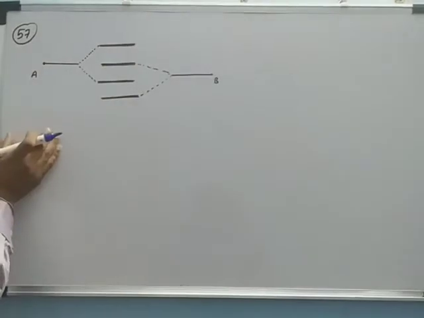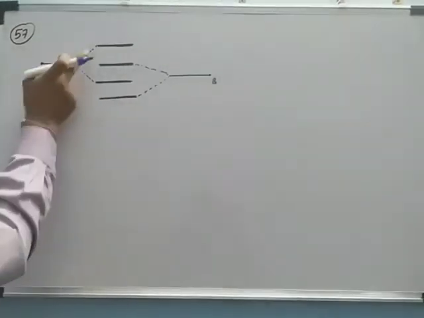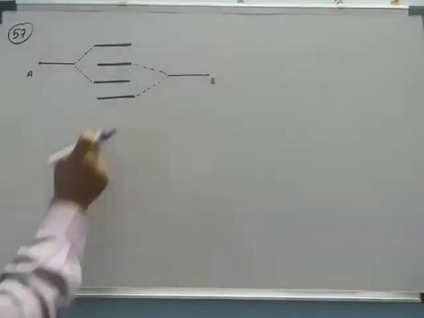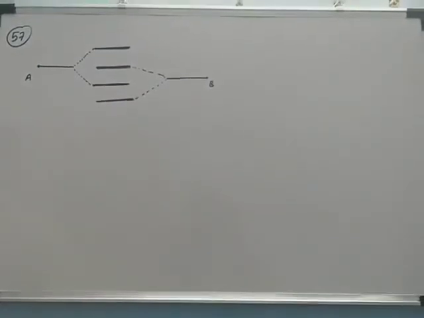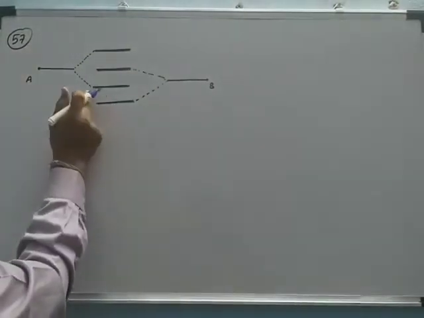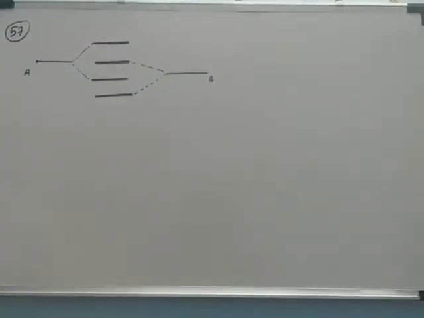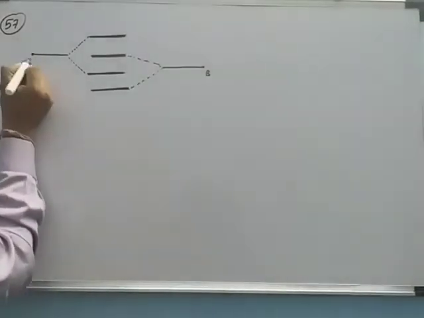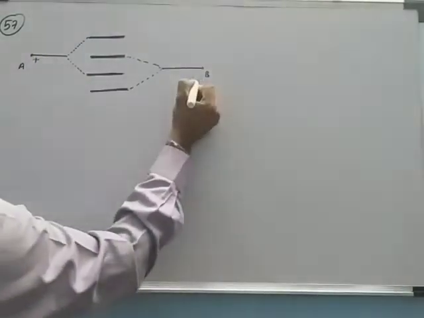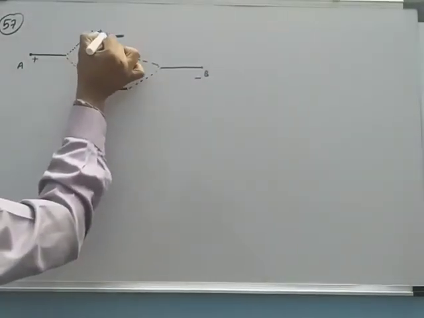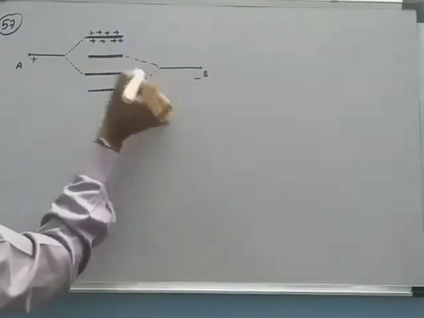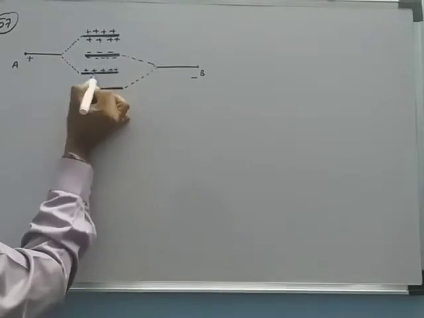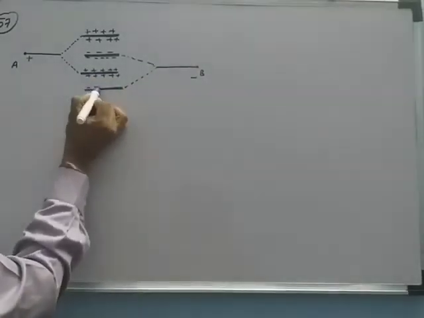See, now next we are discussing question number 57. Four plates, this is 1, 2, 3, 4 plates of the same area of cross section, are joined as shown in the figure. The distance between each plate is D. The equivalent capacity across A and B will be. A and B, for example, this is considered the positive and this the negative terminal. That means this plate will be positive, and it is connected to the negative, so the next plate will be negative, and again a positive, and again the plate is negative.